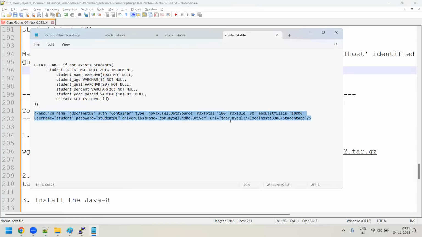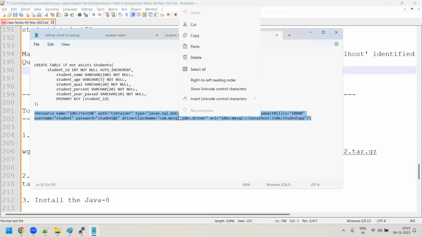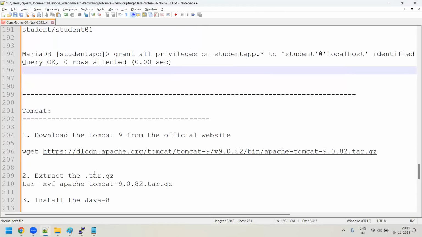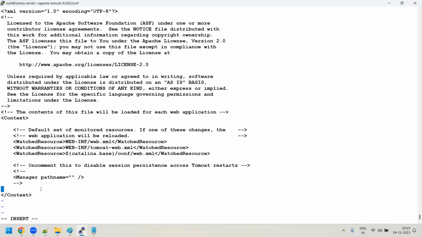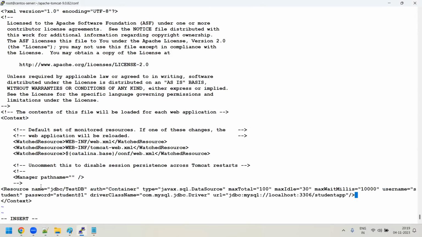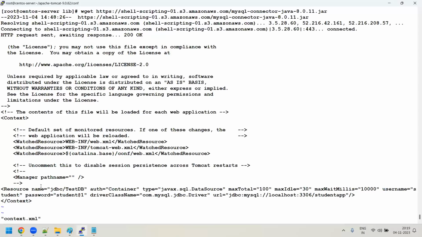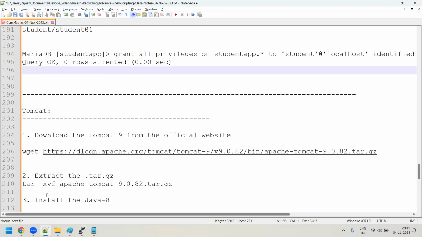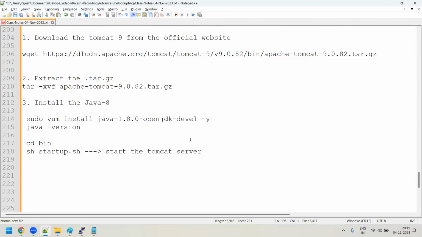This is usually given by the developer. You need not worry about it. I just copy this whole thing and paste it over here in this server. That's all. Save this file. Clear? So let me even give that also here. What I'm doing here is trying to run some commands, for example,